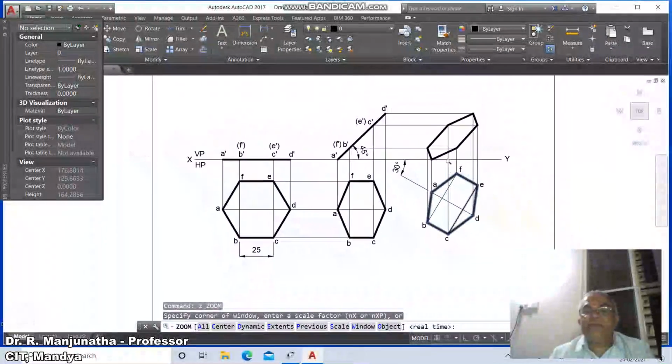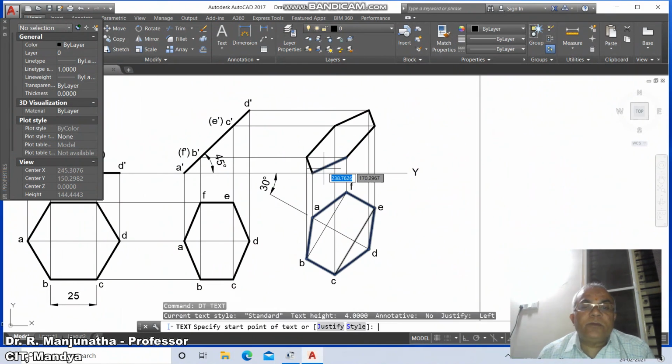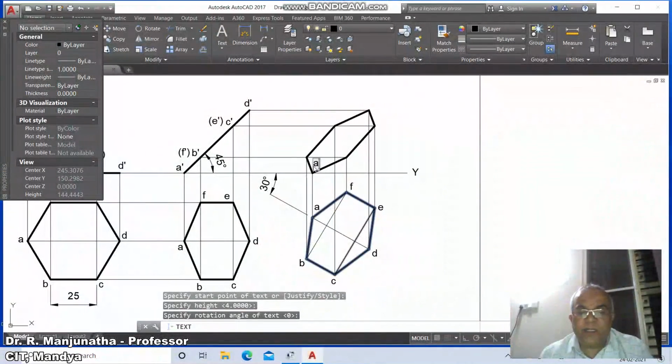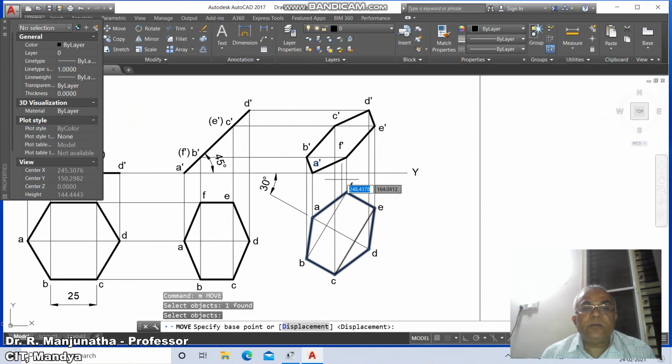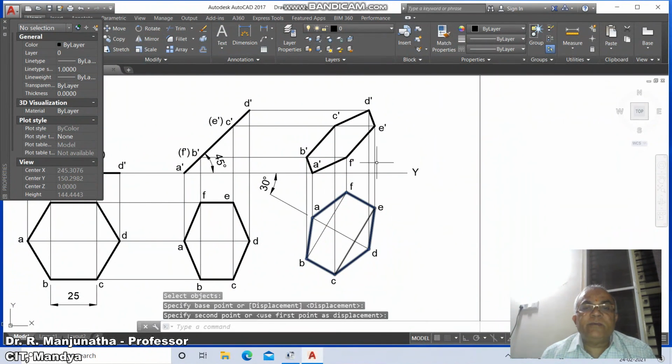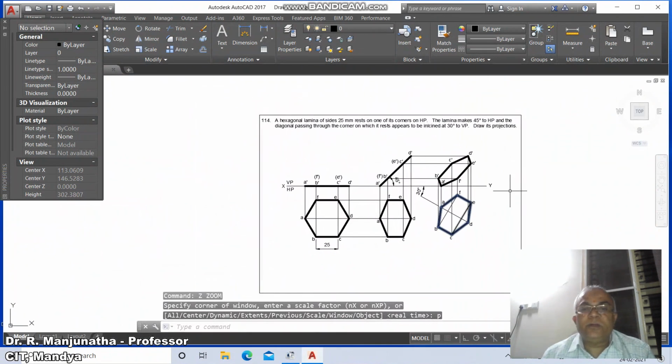Go to zoom previous, go to zoom window, then come down to this, mark this as A dash, mark this as B dash, mark this as C dash, D dash, E dash and F dash. Then go to move, select this, mark this as A dash, take this as B dash, take this as F dash, take this as E dash, mark this as C dash, and mark this as D dash. So this is how you will be able to create the drawing,